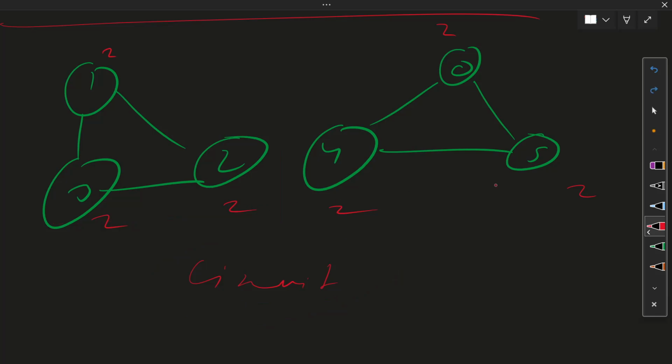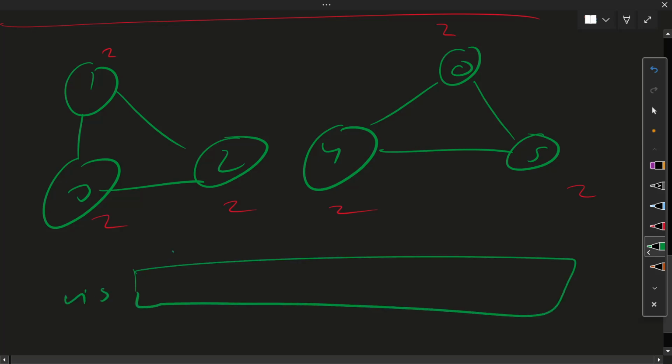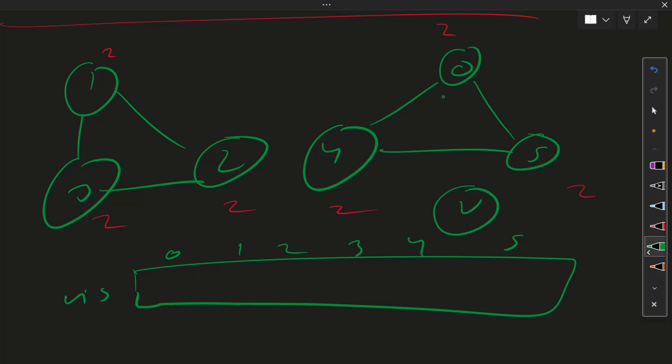So we first have to verify that we have only one component. How do we verify? We will just apply a simple DFS function. We take a visited array for the nodes 0, 1, 2, 3, 4, 5. Let's say the number of nodes is V. Then we start from 0, though we can start from any node. If this is only a single component, it will mark all the vertices. So we start from 0, then its neighbors are 4 and 5, so we will go to 4, then we will mark this.